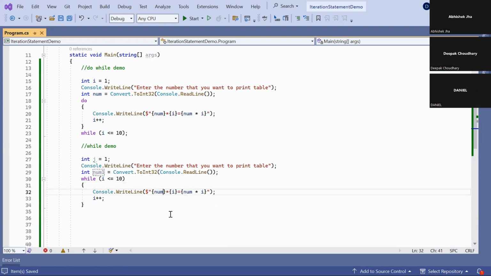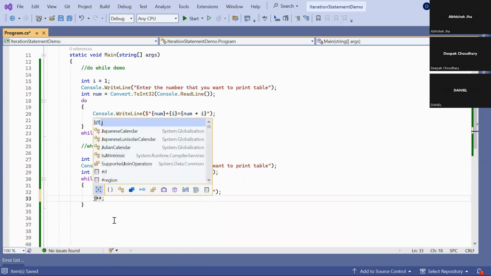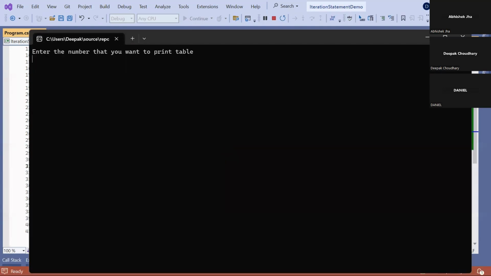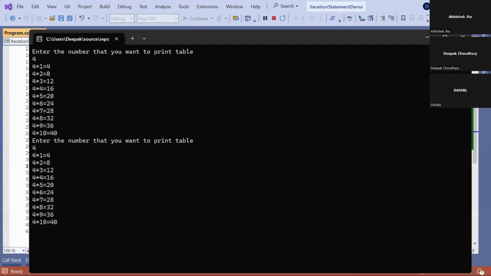There is a num1, there is a j, and there is a j. So this is a do while statement, same logic. This is a while statement, same logic. The output is almost the same: 4, 4. So the output is the same.